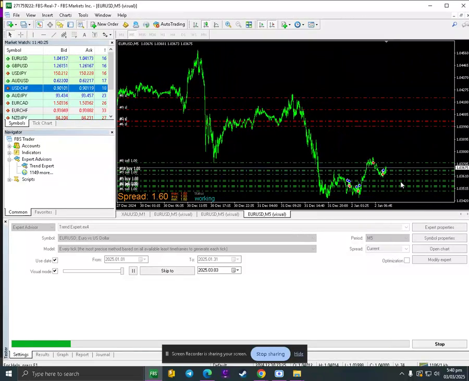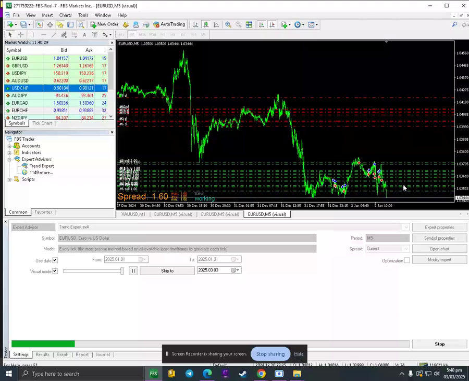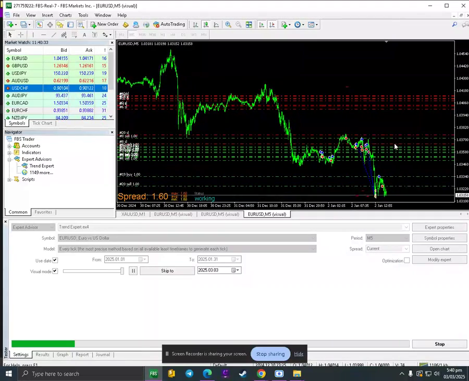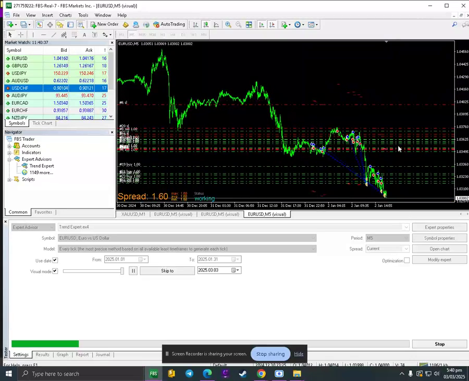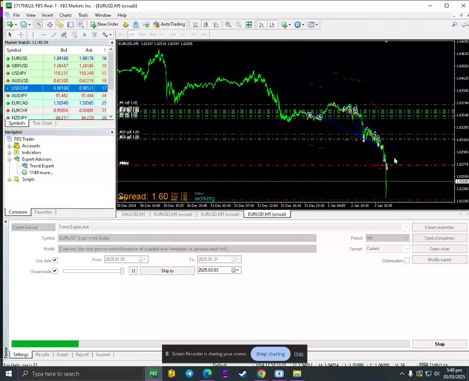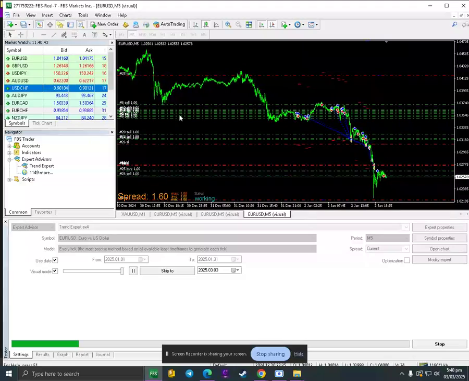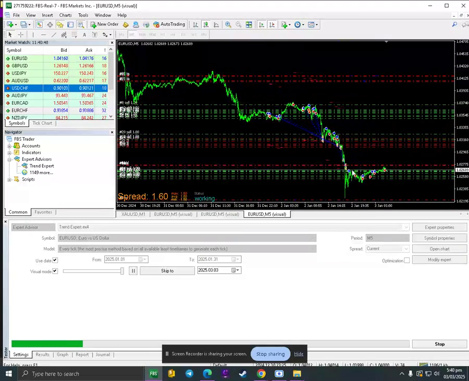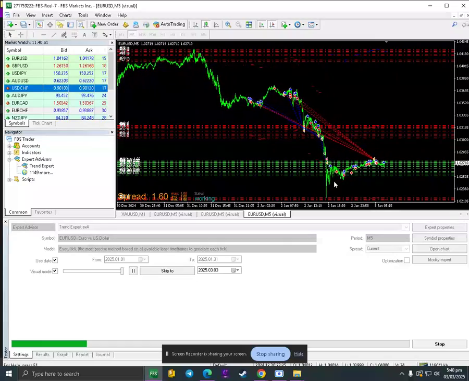As you can see, there are a lot of trades because we use the once per bar condition. There is an SL that is already moving. That was our trailing stop loss. All the entries here are sells, but all of the buys have already been closed because they hit the stop loss.